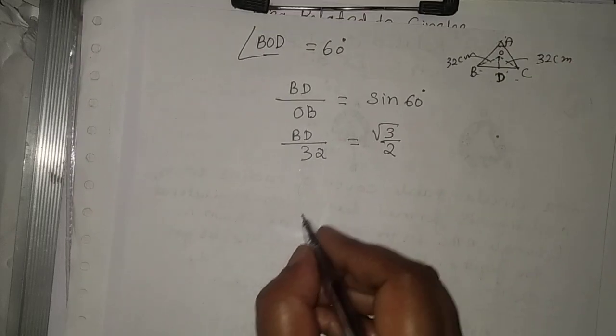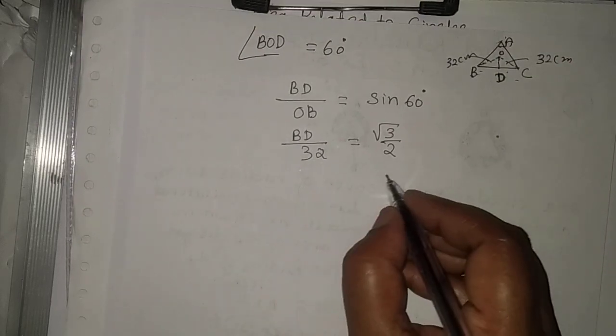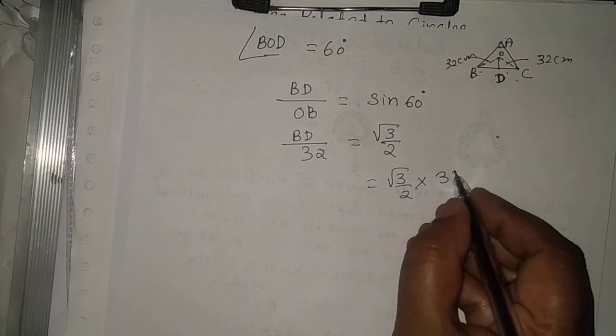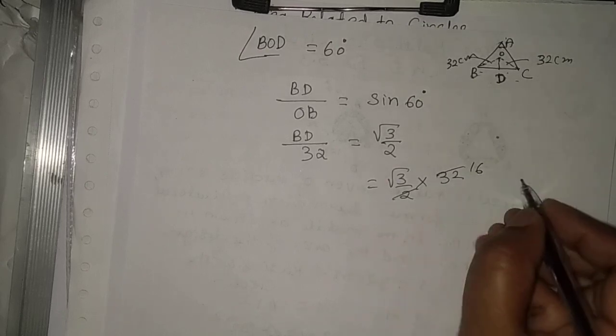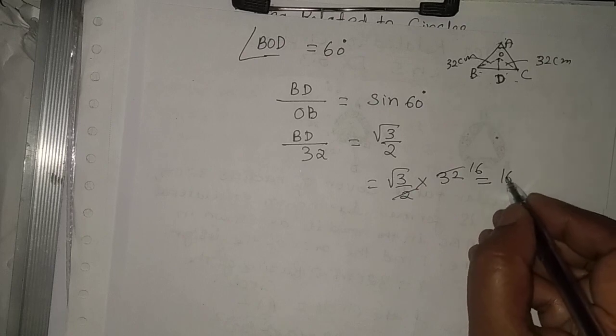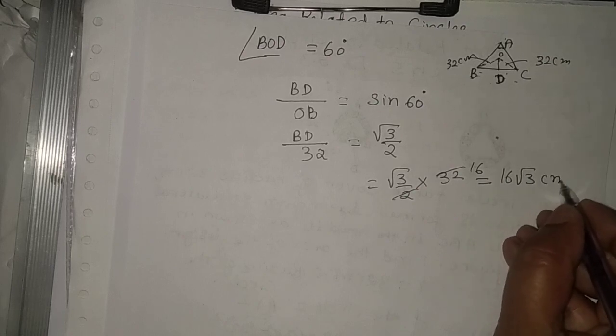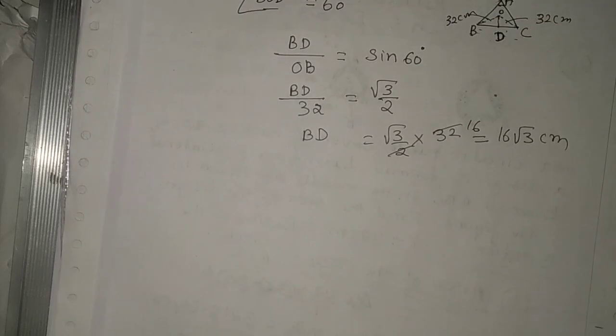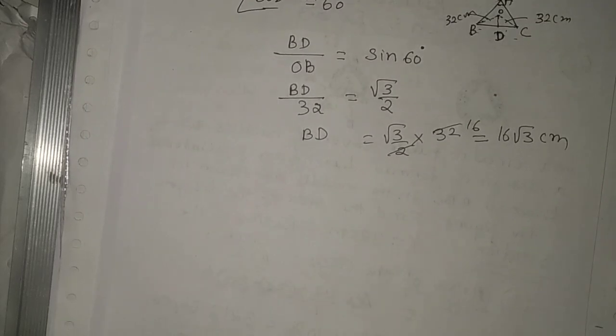Then simplify this, root 3 by 2 into 32. 2 ones are 2, 2 16s are 32, which is equal to 16 root 3 centimeters. Therefore BD is equal to 16 root 3 centimeters. So now the next part is,